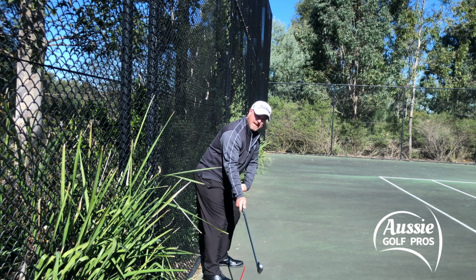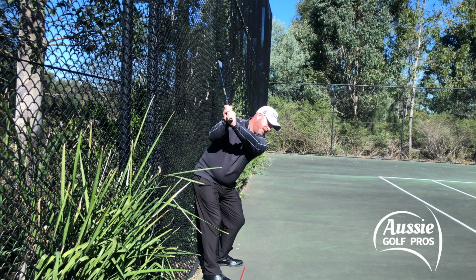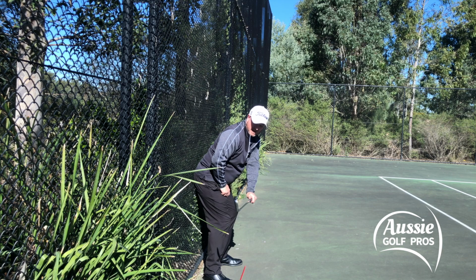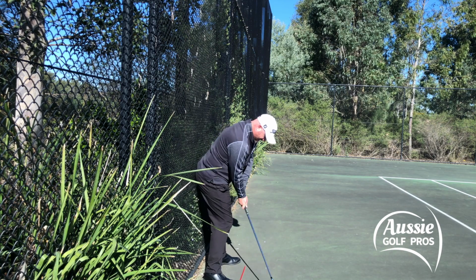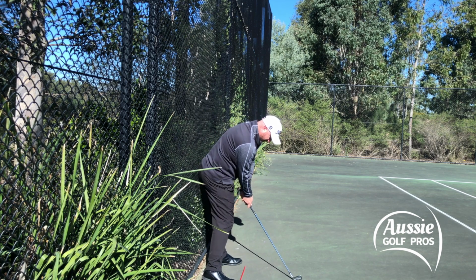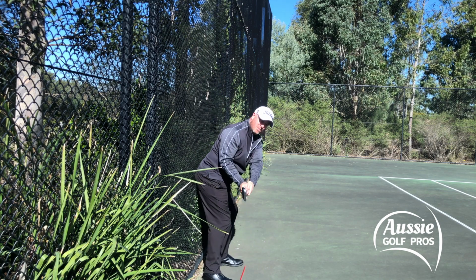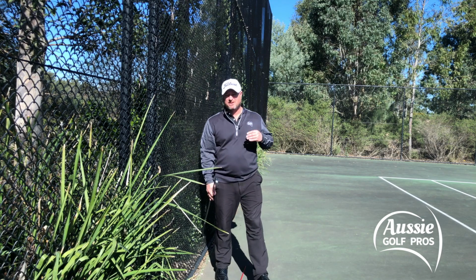First move, right cheek, butt end of the handle at your belt buckle. From there, we're going to hinge and turn up into our backswing. From there, I'm going to get my left cheek and my weight on my left side. The left cheek's going to re-engage the wall, weight on the left side. Hands will drop, getting the club parallel with our toe line, which is quite good. The hands remain close to our body as our left cheek engages into a very similar position to address, just with a little bit of forward momentum and some hip turn, bit of shaft lean. Right cheek up, engage left cheek, transfer your weight, keep your left cheek on through impact, and then come up off the wall. So anyway, guys, this is an awesome drill,